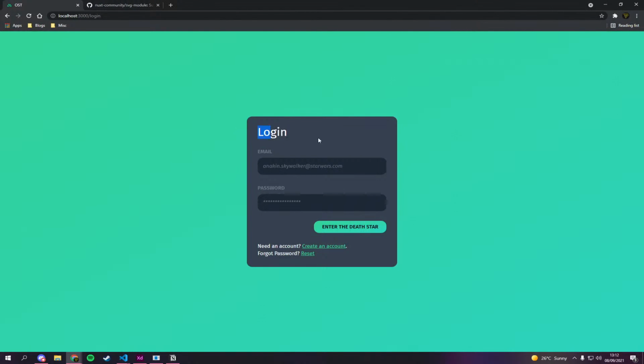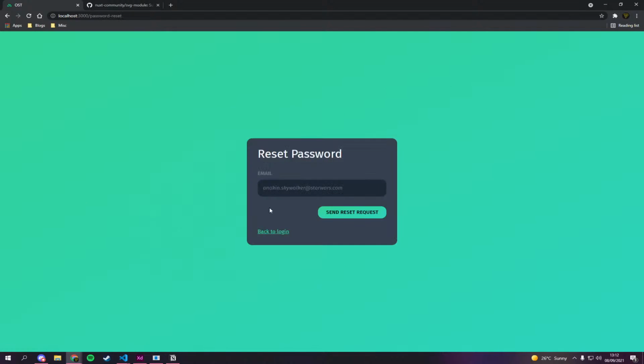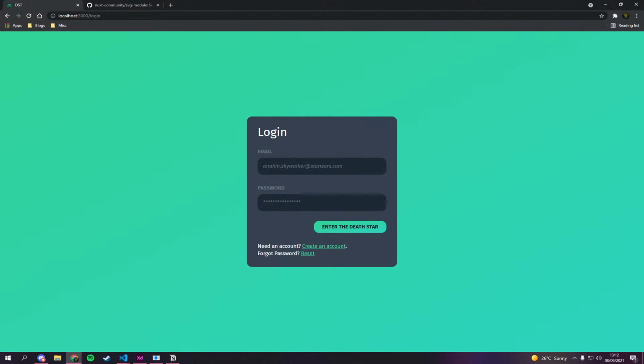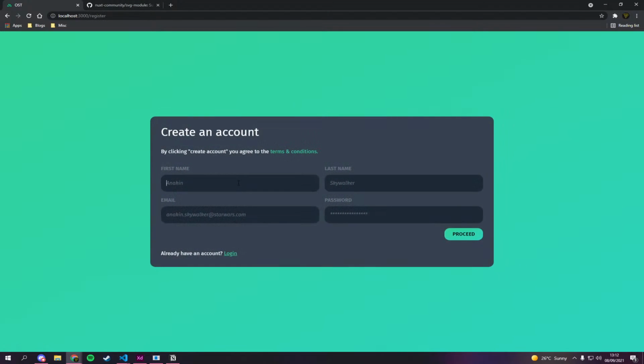So we've got this simple login page. You've got a little password reset here. You can see that. Back to login. And we can create an account. So let's create a new account. I'm just going to put my name in, Tyler Potts. This will be test102 at test.com. I don't know how many tests I've got, so I did that. And we'll do the password as